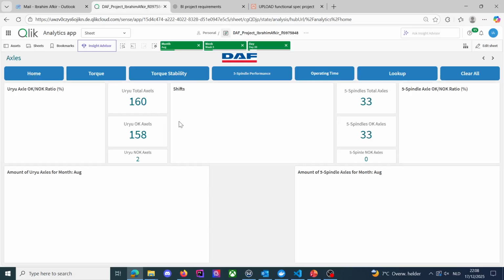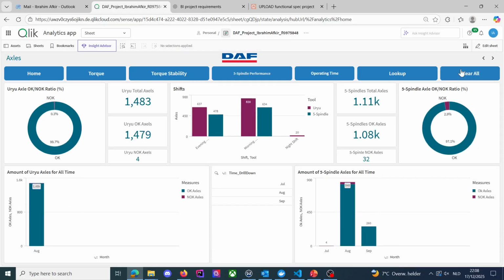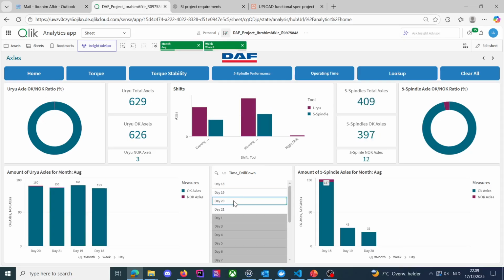First of all, we're going to start with the Axel's production. In the Axel's production, we are covering the total amount of axles per time window, the OK and non-OK axles per time window, and also the ratio of OK and non-OK per time window, of course. Here you can always filter by days, weeks, months, and we can see here that we have 6 non-OK and